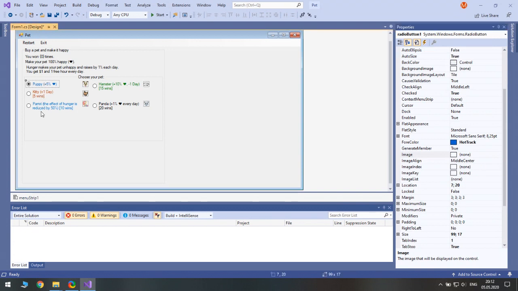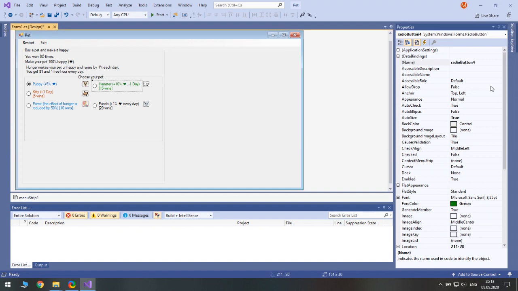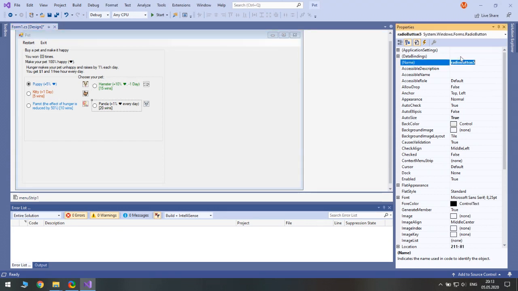Oh, we will also access these radio buttons by name. So this will be choice A, choice B, choice C, choice D, and our special will be special.